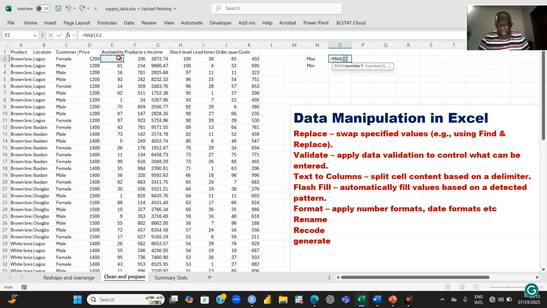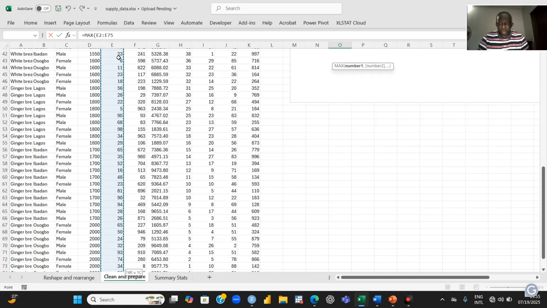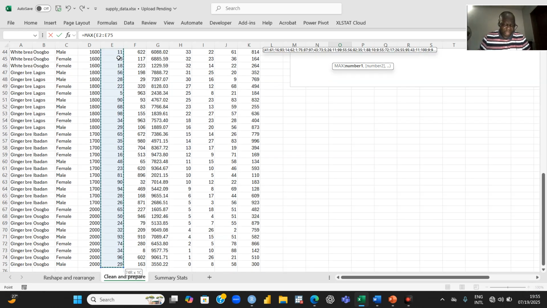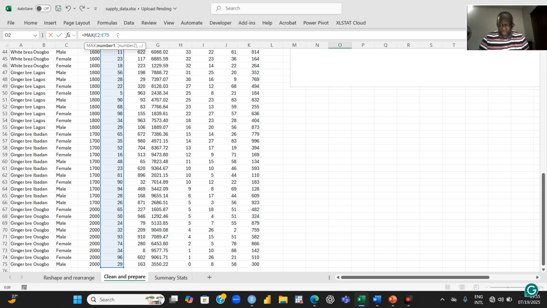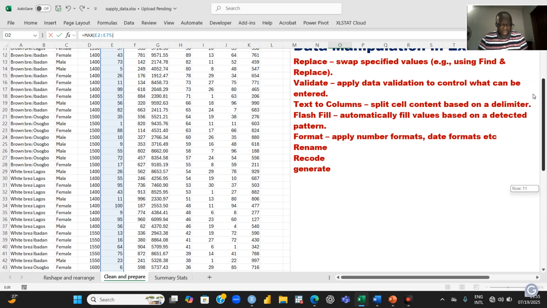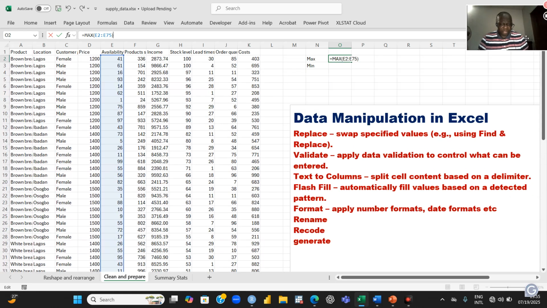I click on the value here, then select it to the end, then close it, press enter. So in terms of availability, the maximum is 100, and in terms of minimum,